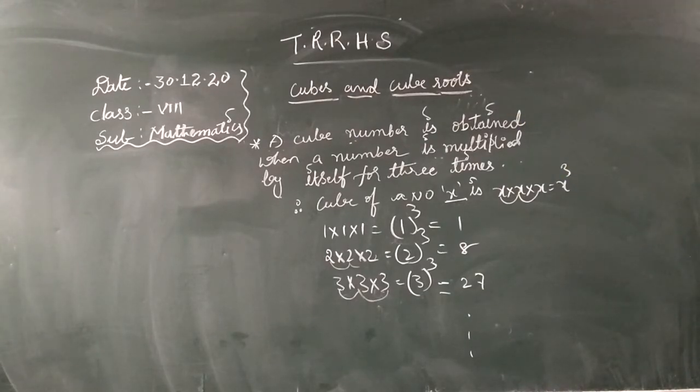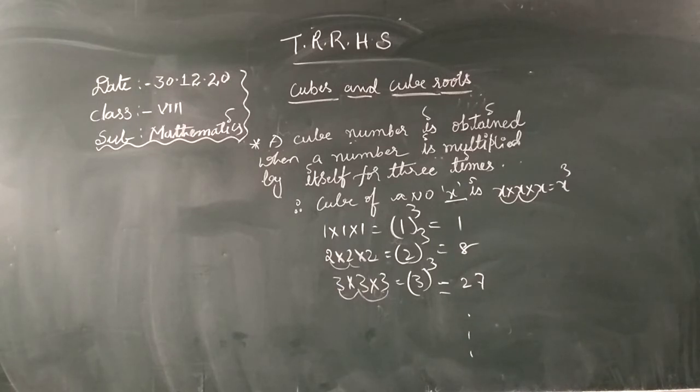Now you go to 1. 1 is an odd number. So you multiply 3 times, so the result will be odd. Next go for 3. 3 is an odd number. You multiply 3 three times, 3 into 3 into 3. So you got 27. The last digit 7 is an odd number. 27 is an odd number. In the same way you will get this.